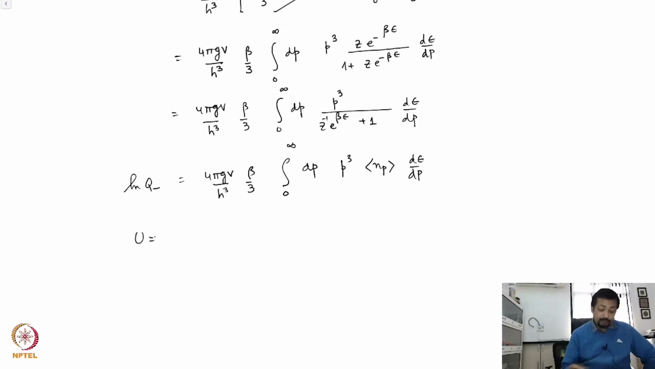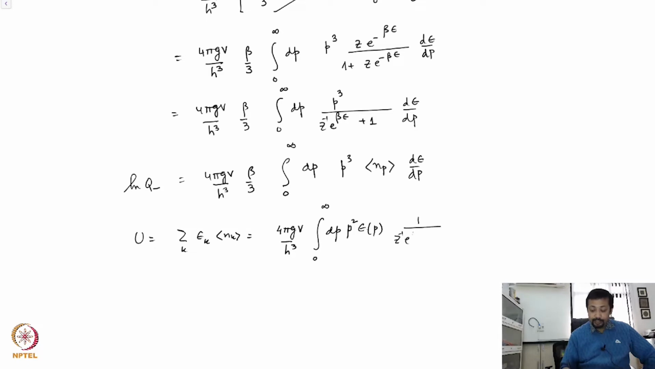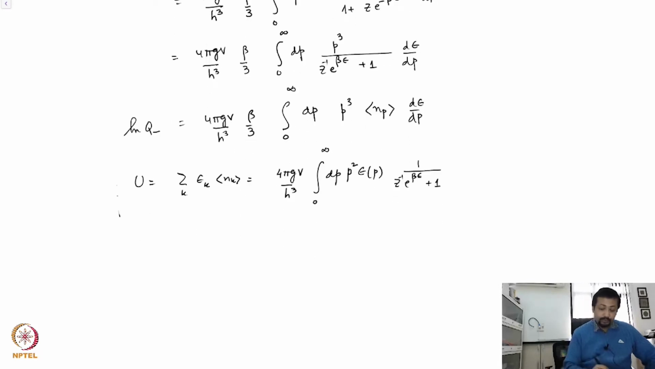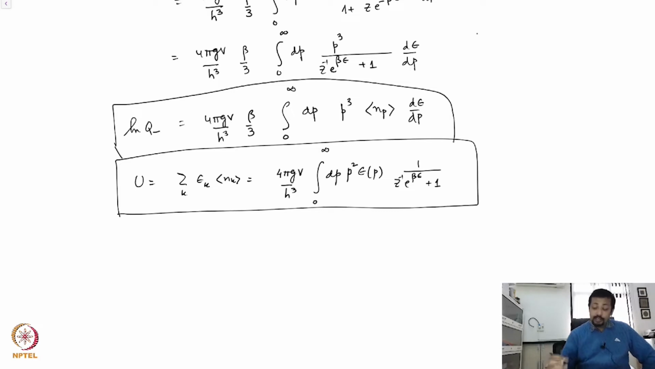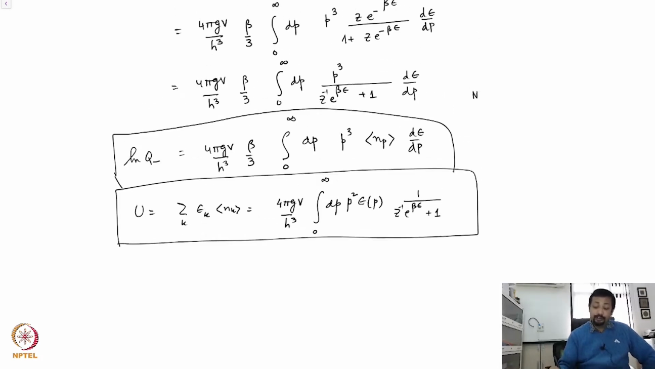The energy is going to be sum over k epsilon k average of nk, which is going to be 4 pi gv over h cube 0 to infinity dp. I will have epsilon of p, there is going to be a p square, and then I'm going to have 1 over z inverse e to the power beta epsilon plus 1. So these are the two results that we are primarily interested in. If you notice, I have not yet worked out the result for the total n,